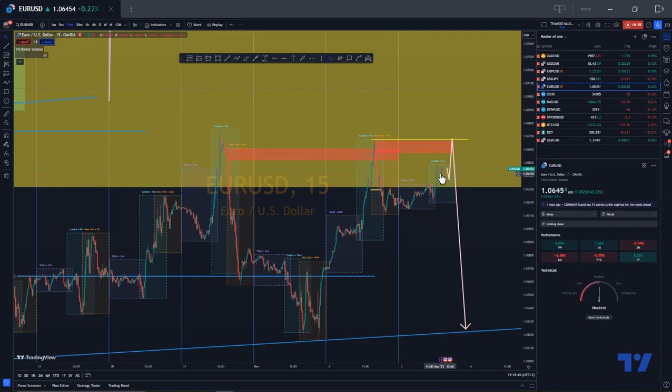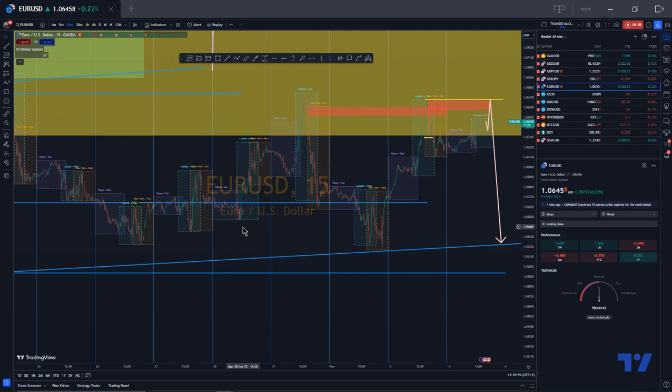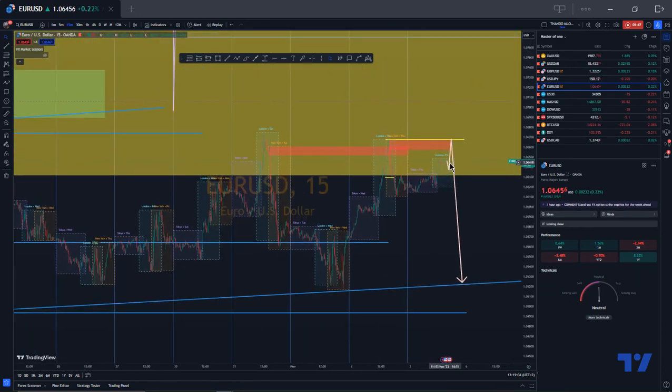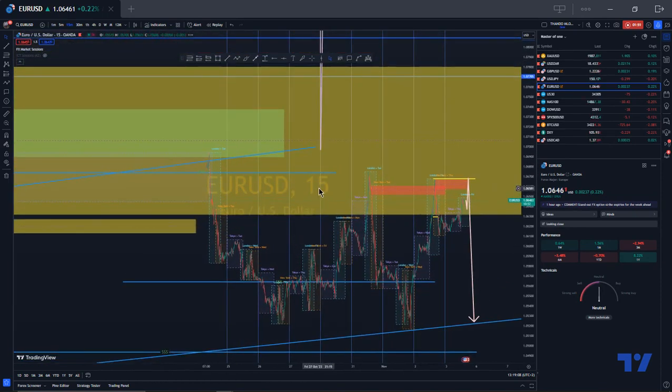So I am looking at if the market could come all this way, take that high out, then news might likely sell, NFP might likely sell. We have a breakout structure to the downside over here, so we might likely see prices coming all the way down. And if news doesn't sell, there's a high chance it's going to buy. Why is it going to buy? It's going to likely follow